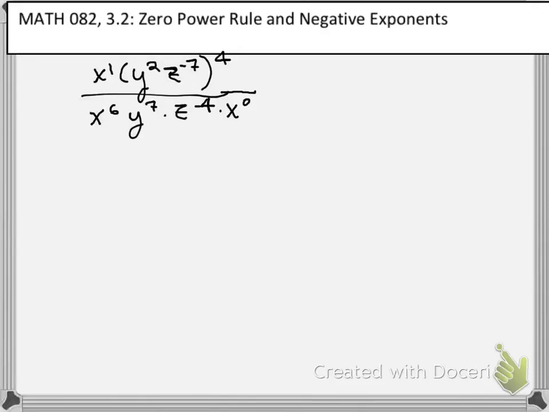Hi everyone, this is a Math 082 video on 3.2, using the zero power rule and negative exponents. As always, we're going to think about order of operations. The first thing we want to think about is parentheses. The only parentheses I see are right here. Inside my parentheses, I have a y squared and z to the negative 7th. There's nothing inside those parentheses that can be combined, so then I'm going to move on to my exponents, which